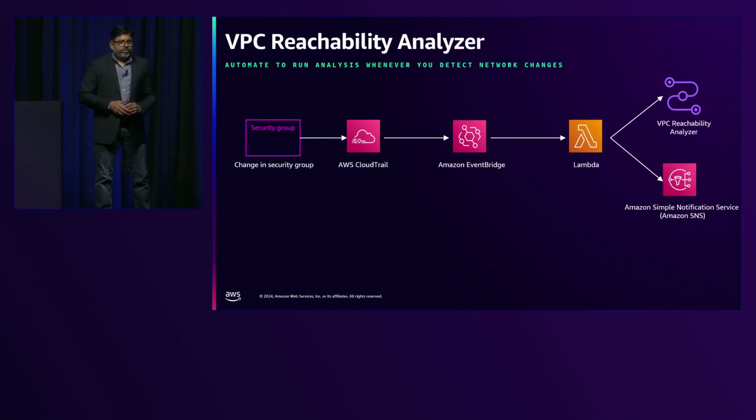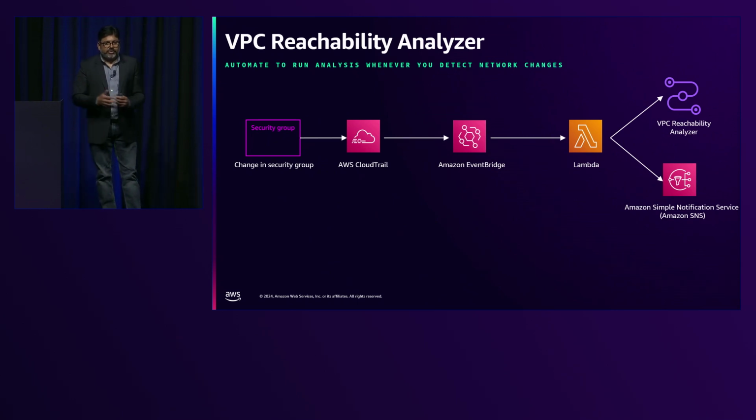All right, so we talked about how you can run this analysis manually. But large organizations want to automate this process. They want to make sure that the moment any network change happens in the organization, they run an analysis and get notified whether this particular change is breaking something in the network